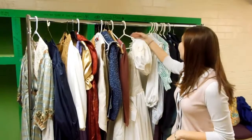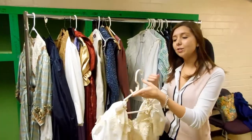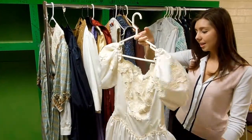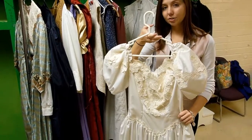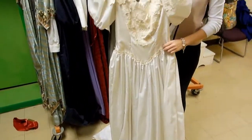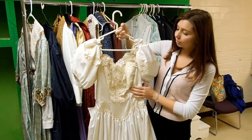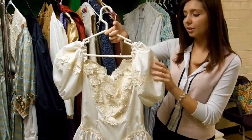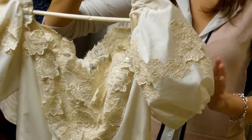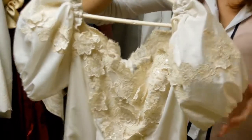Absolutely. This dress right here will be the wedding dress worn by the character Amy at the end of the show. As you can see, it's actually a vintage wedding dress that we've refurbished and renewed to look brand new and perfect for the period. Right here we have some really wonderful authentic embroidery on the front and on the sleeves. And as you can see, the sleeves are poofy, which is characteristic of the 1860s, which is the era that